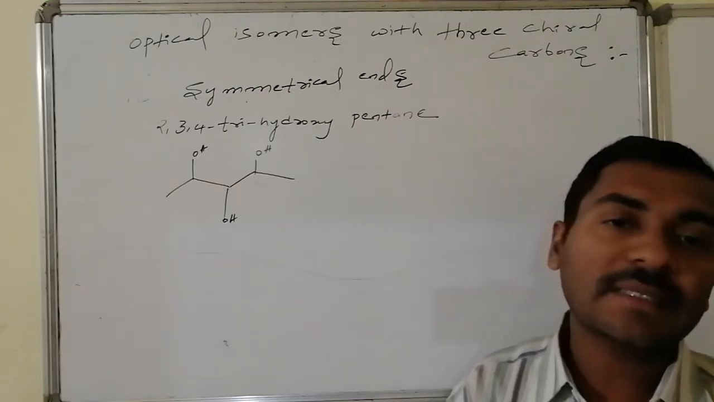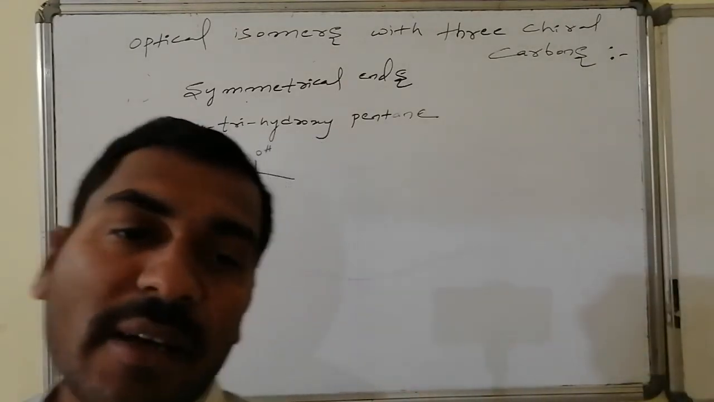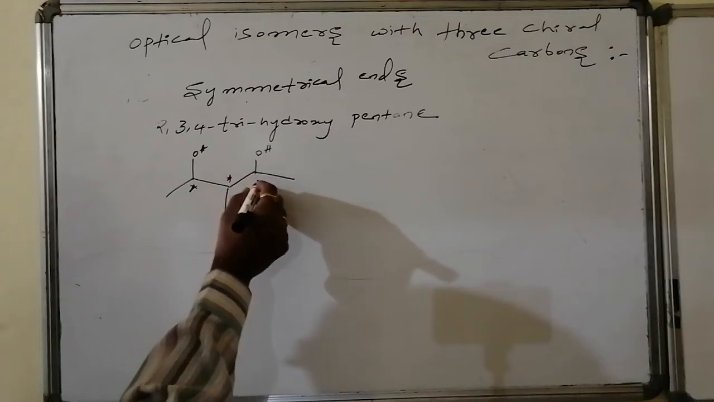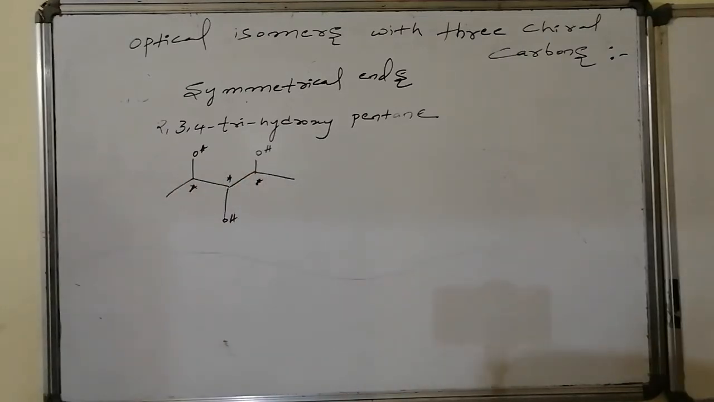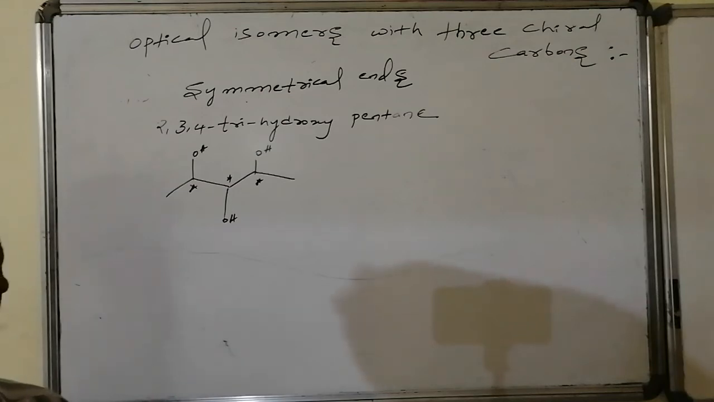And here it consists of 3 chiral carbons. Those 3 chiral carbons are like this: 1 chiral carbon here, 1 chiral carbon here, another chiral carbon here, each connected with 4 different groups. Such a molecule is 2, 3, 4 trihydroxypentane. In this molecule now we will count the number of optical isomers, theoretically eligible optical isomers,